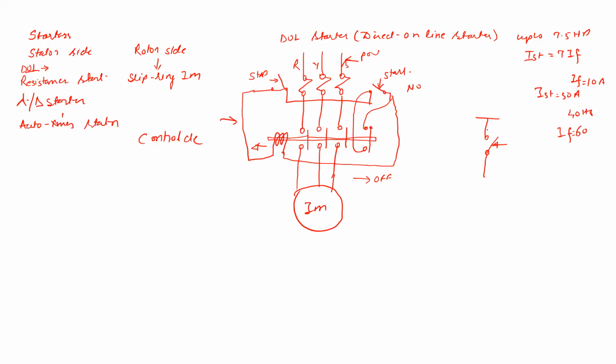In this circuit, there is one external contactor. This is the external or auxiliary contactor, and we'll give it the name K, auxiliary contactor. If you close this one, it is going to connect over this one. Now there is a stop push button. A stop push button is always normally closed. This is normally open, this is normally closed. So it is a stop button, and it is a start button. After that, there is a holding coil. H we will represent as the holding coil, and this is phase B, and this is phase R.